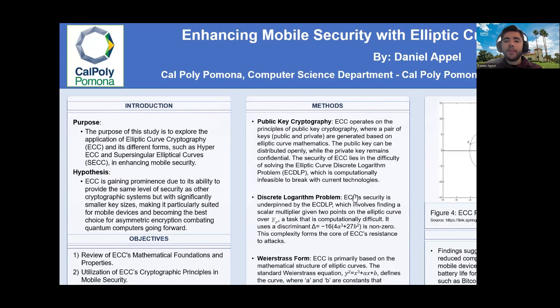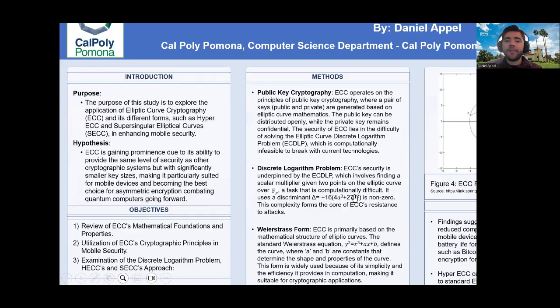And so looking at some of the methods that I used, we first have to consider how ECC uses public and private key principles. So it generates these keys based on elliptical curves. That means that the public key is its initial starting point, and the private key will end up being the scalar that we find using point addition, and I'll get more into that later. And what ends up happening is that this creates a very computationally difficult problem for computers to break with current